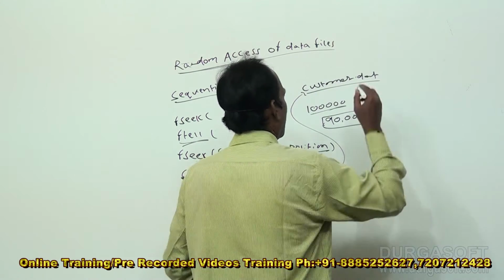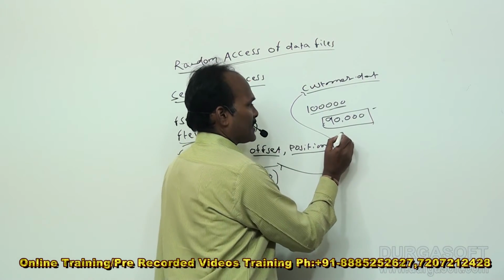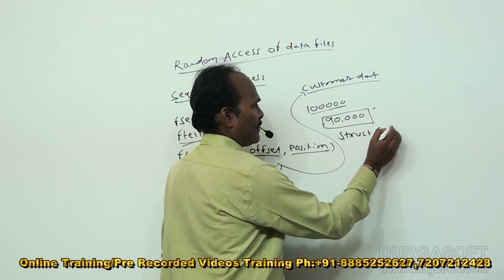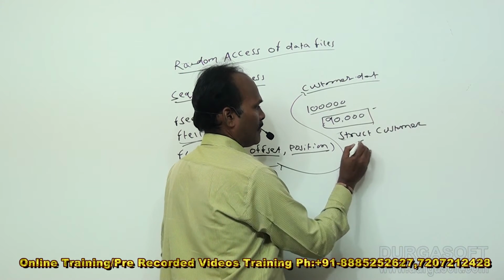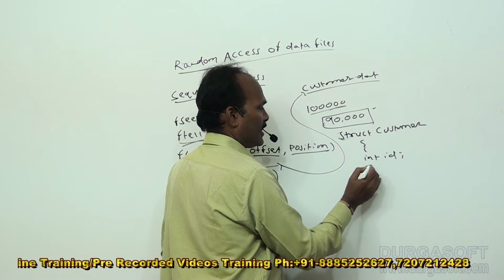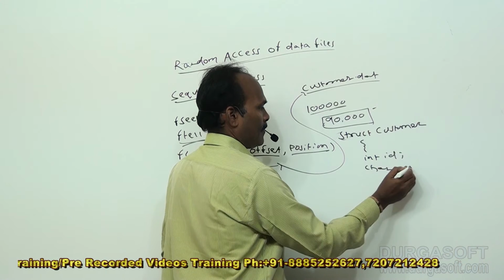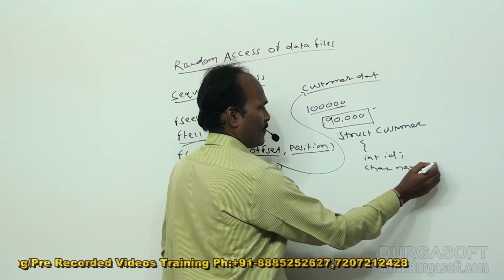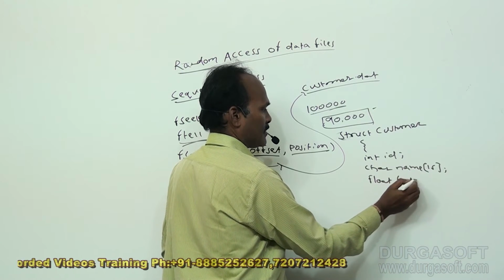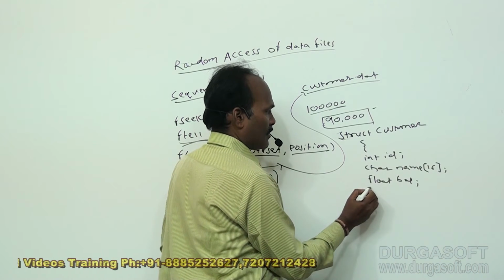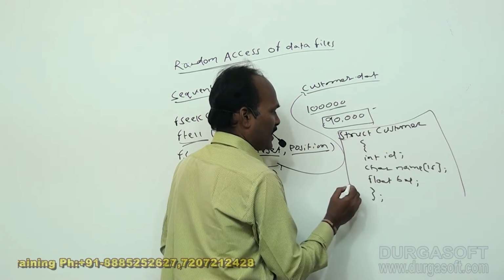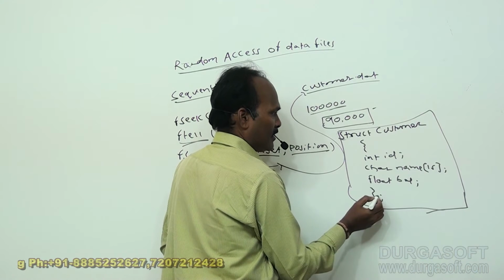Same structure I will declare here also. Customer, okay, struct customer: integer ID, character name, float balance. Close this. Okay, after this declaration of this structure, you fill up the data from the keyboard into the C